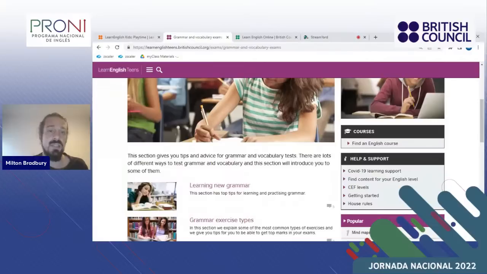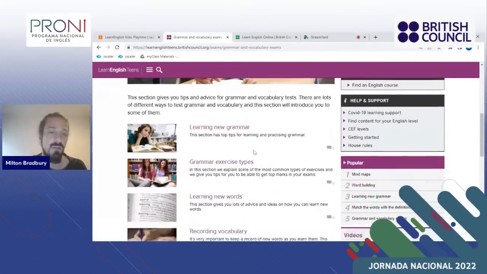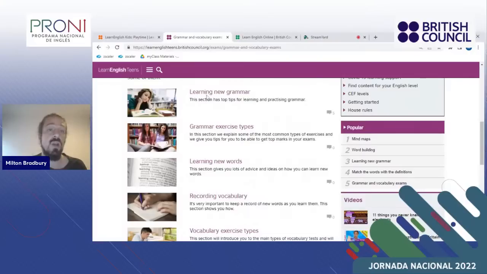It gives you tips and advice for grammar and vocabulary tests, how teenagers can do better at them. Some tips, so for example, learning new grammar exercise types. So for example, with me, I was a teacher for CAE preparation. I found some of those